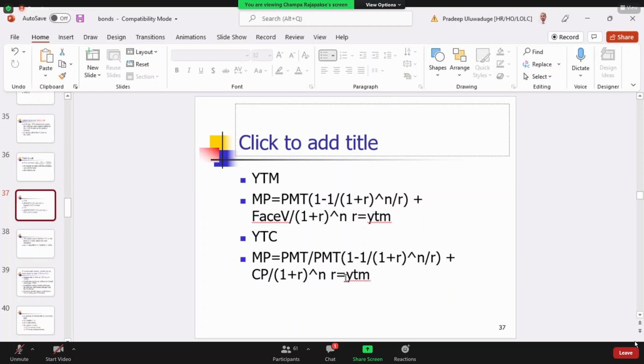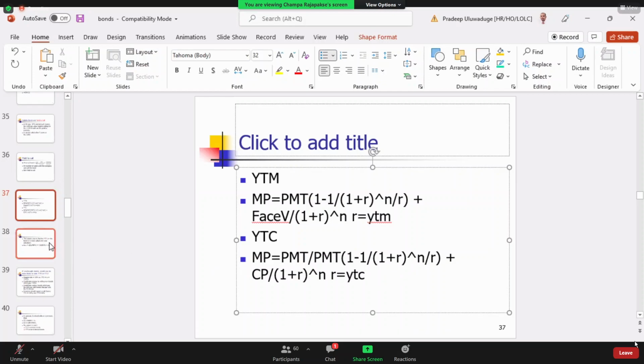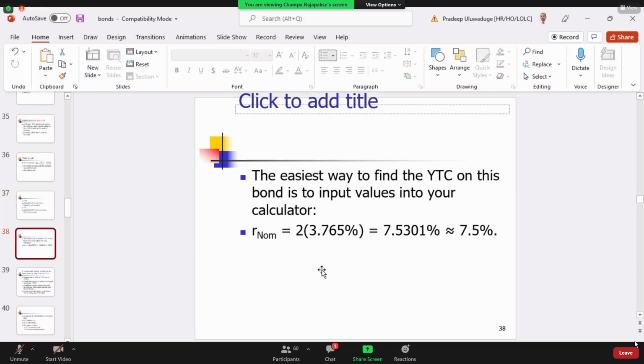Here, call price to the power here. This here R is YTC, yield to call. The only thing is you have to simplify and solve for it, right? Okay. Then,